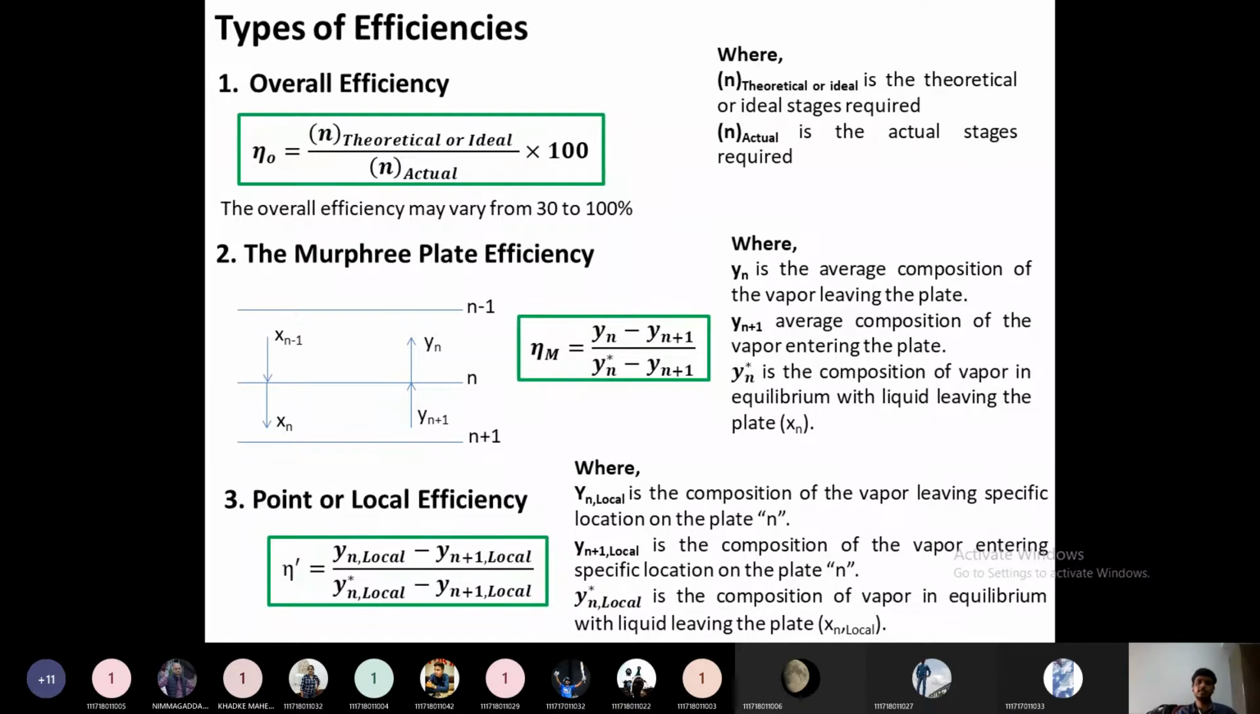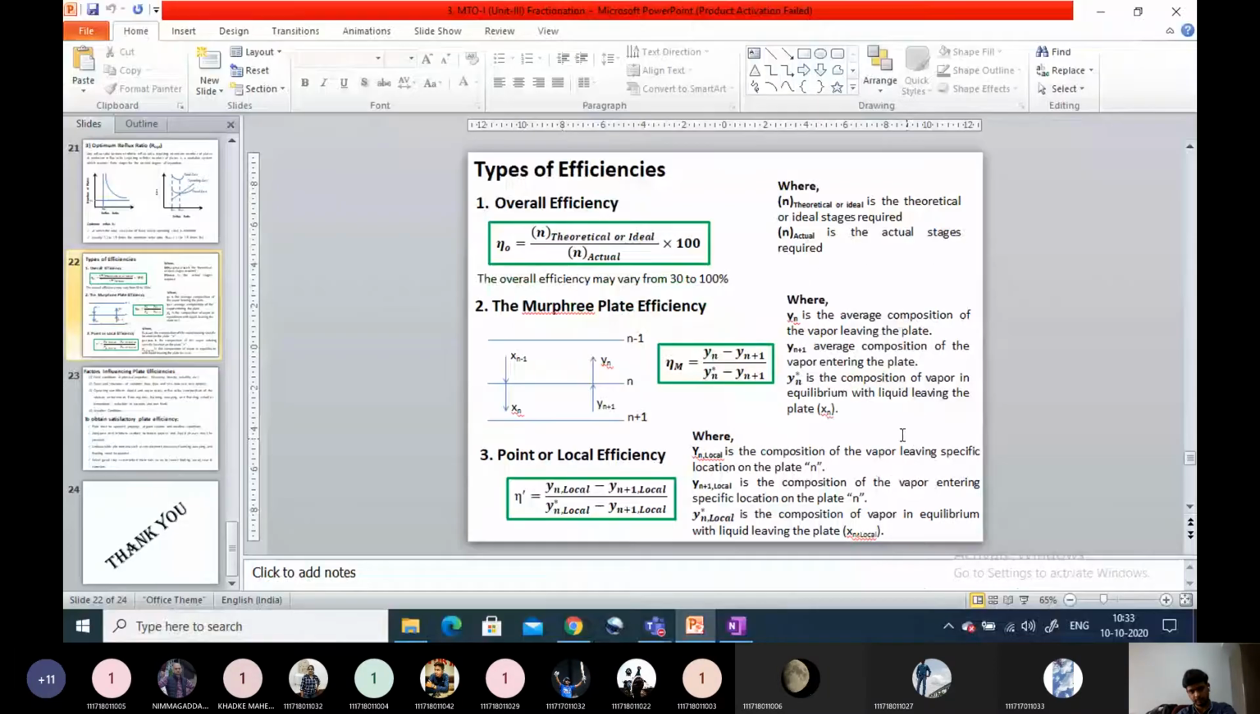In the previous class, we have seen types of efficiencies. There are three types of efficiencies: overall, Murphy plate efficiency, and point or local efficiency. So if the column is there,